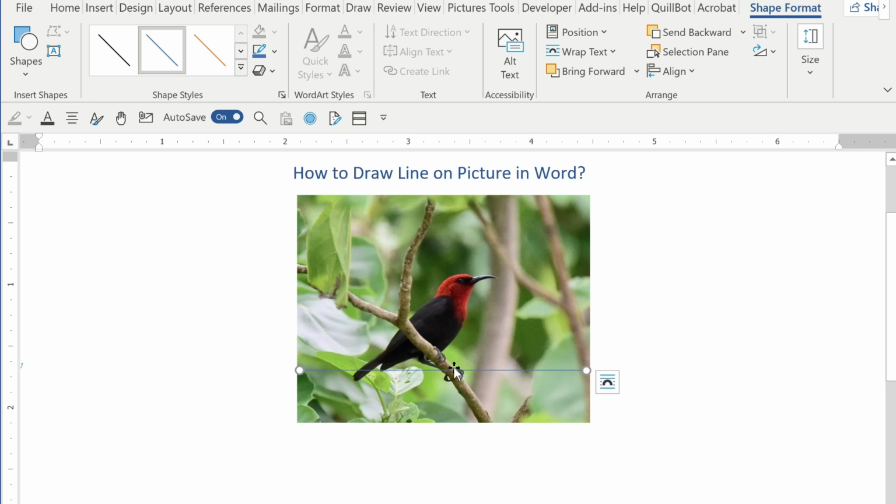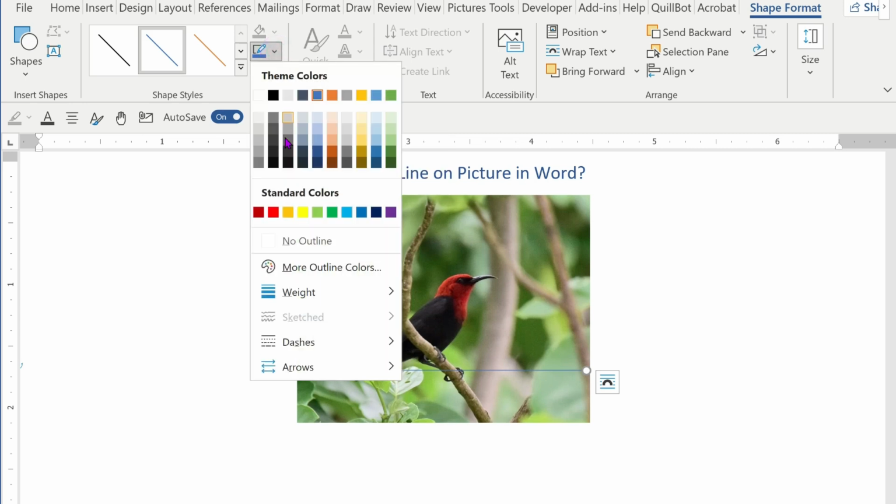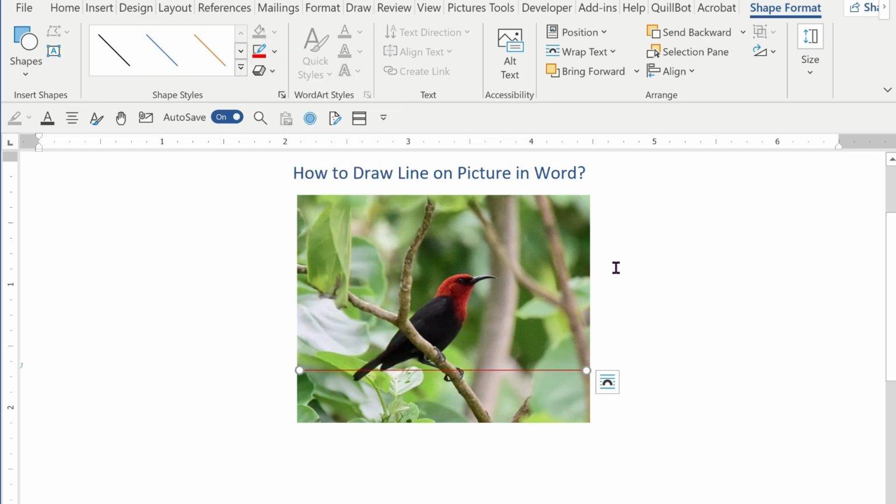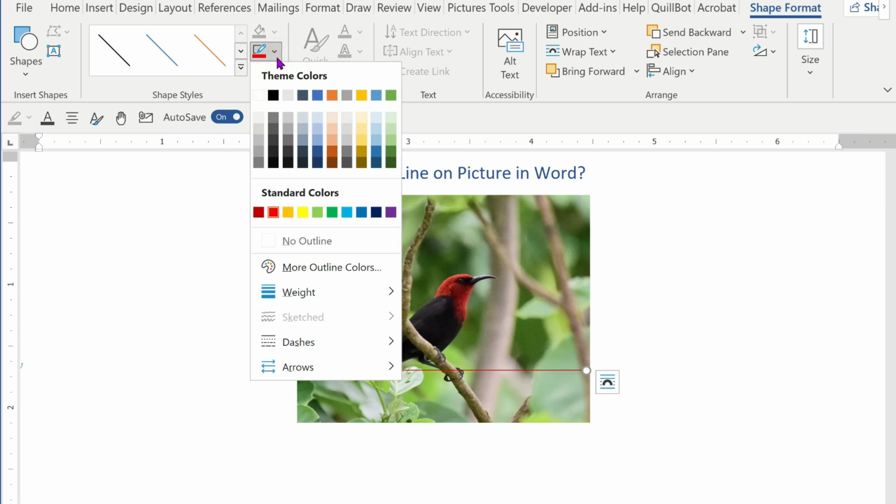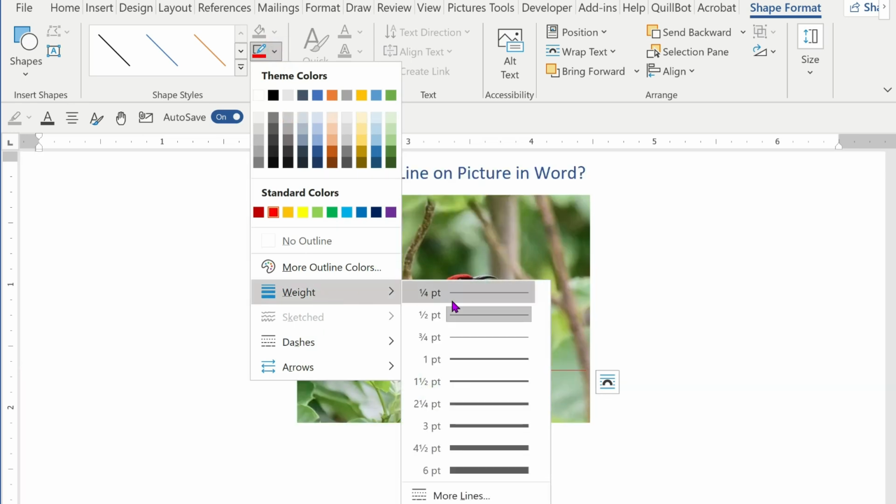So once the line is drawn, the shape format tab will appear automatically in the ribbon. You need to click on that and go to the shape outline. Here you can change high contrast colors like the red one. Moreover, you can also increase the thickness. For this you need to click on this outline and click on the weight and select the weight, for example